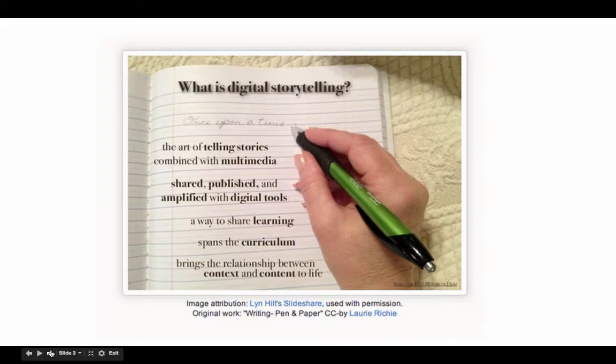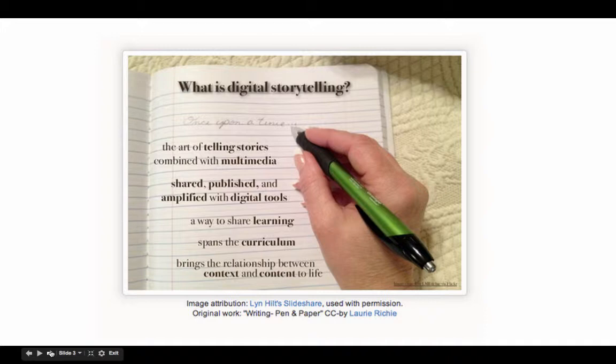Let's begin reviewing what is digital storytelling. I'm assuming those attending the webinar already are familiar with the term, which is sometimes used interchangeably with video production, filmmaking, and in this particular webinar, I'm using the term as indicated in this particular slide, which is that digital storytelling is telling stories using digital tools.